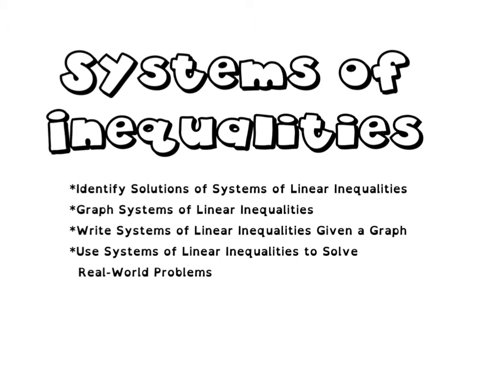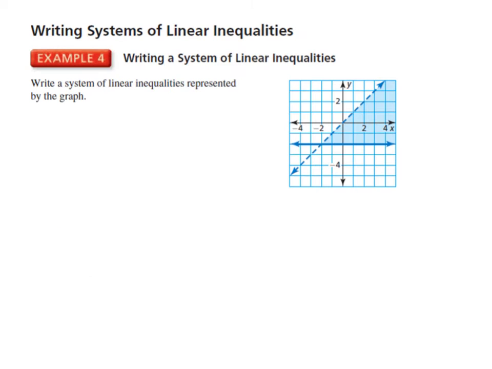The next thing we want to take a look at is working backwards. How could we write a system of linear inequalities if we already have the graph? So really it's just asking us to write the two inequalities that are shown here. Right? So things I notice about this first one, it's a horizontal line,